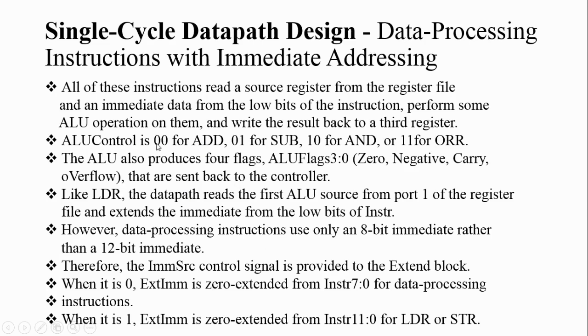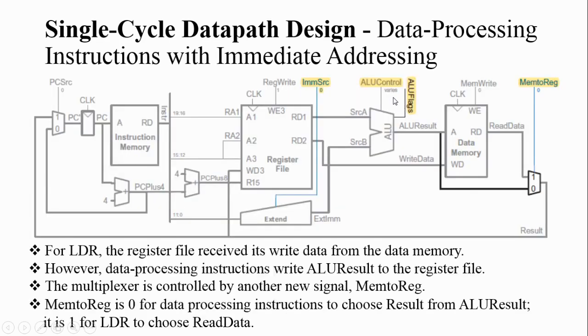When the ALU control signal is 0 0, you will perform add. 0 1, you will perform subtract. 1 0, you will perform AND. 1 1, you will perform OR. Right? So by configuring 2 bits of ALU control, you can perform add, subtract, AND, or OR. So by configuring these 2 bits of ALU control, you will be configuring the operation here, and based on the